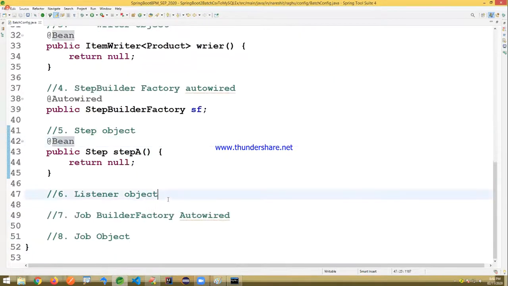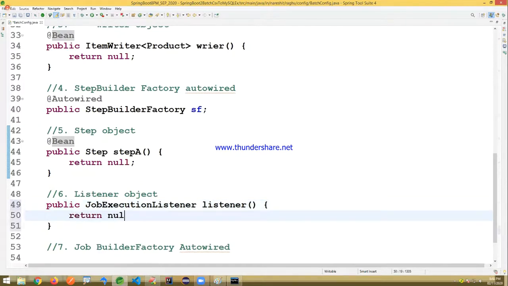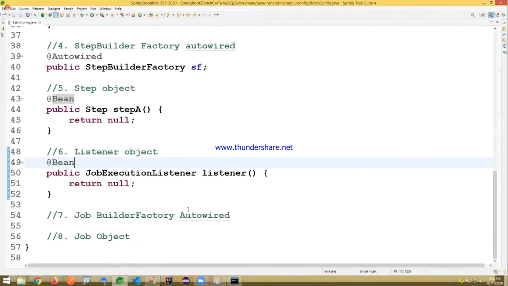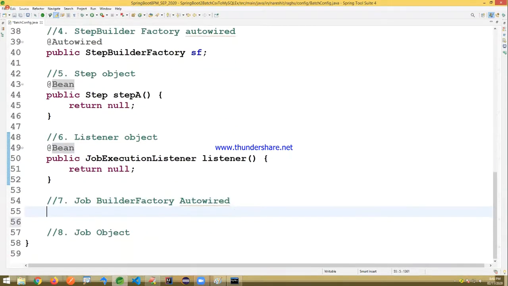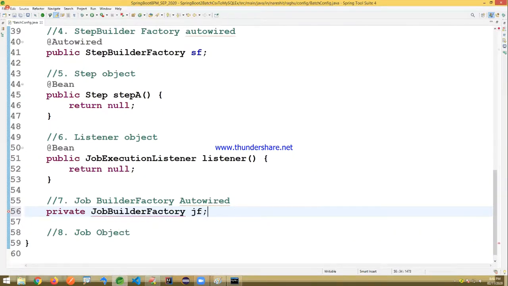It's a step object. @bean. There I'm writing. And listener object I'm writing here. It's a public. Job execution listener. It's a listener object. There I'm writing. Return null. @bean. Okay. Job builder factory autowired here. It's a JF.